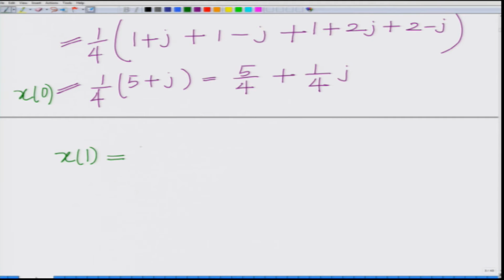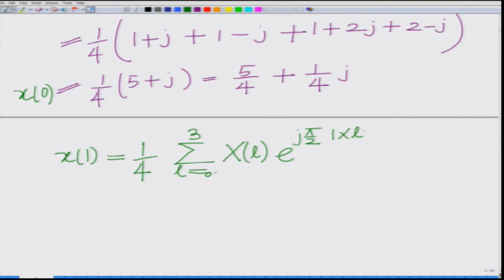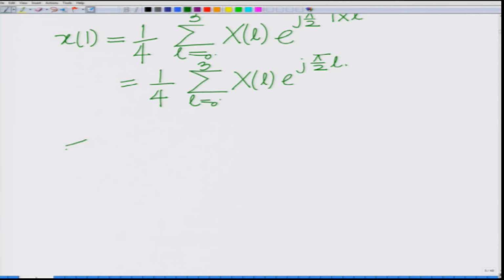So, again it goes without saying that small x1 corresponds to k equal to 1, that is the sample corresponding to your time instant 1. x1 equals 1 over 4 summation L equal to 0 to 3 XL e power j pi by 2. Instead of k I substitute 1 times L, which is basically 1 over 4 summation L equal to 0 to 3 XL e power j pi by 2 L, which is now, if I substitute the symbols loaded onto the subcarriers,